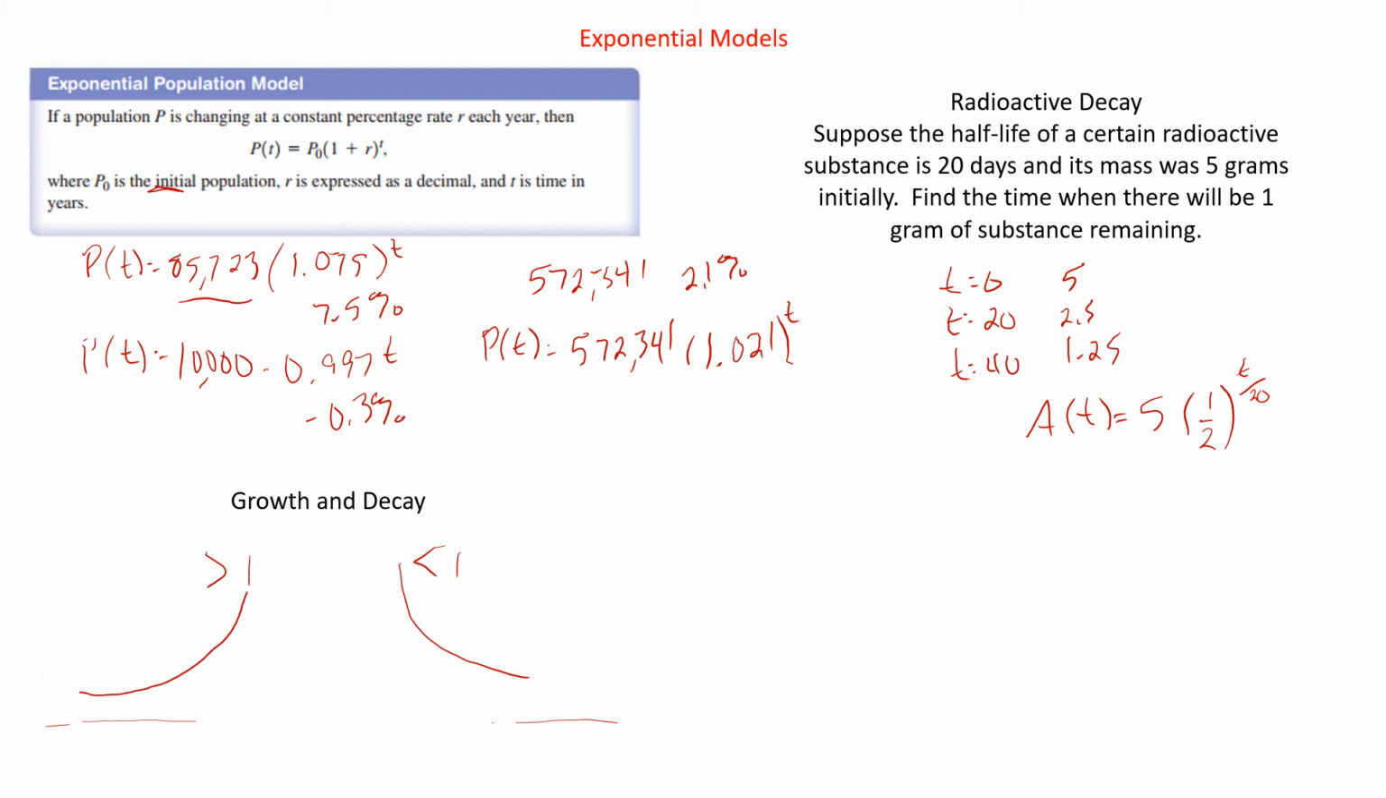And so, but we have that divided by 20 because of that 20 days. So every 20 days, we're going to multiply by another 1/2. And so it's asking, when will there be 1? Well, it'll be after 40, but probably before 60, because when we go half of 1.25, we're going to get